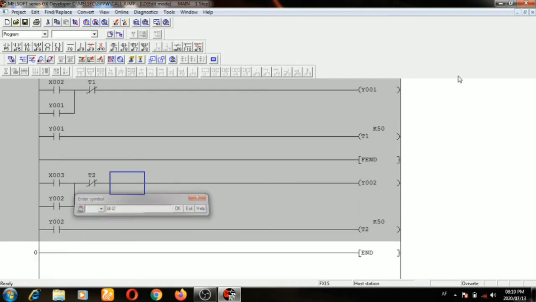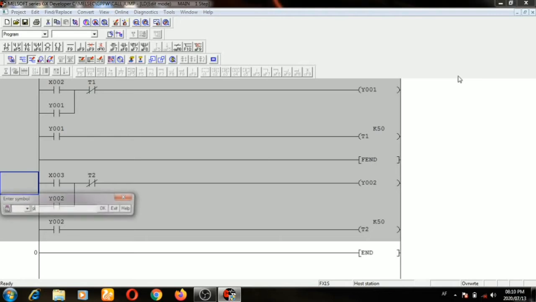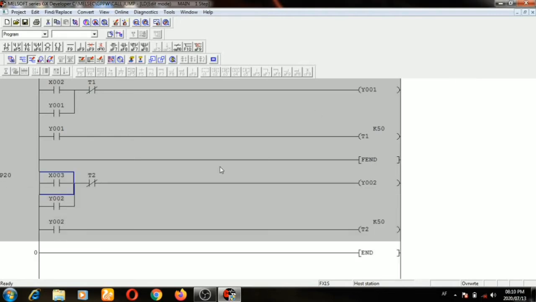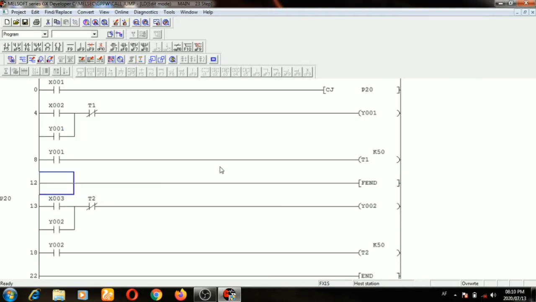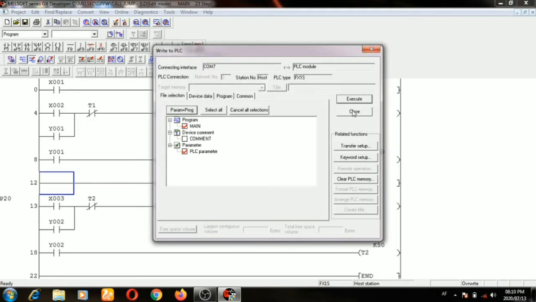I am going to write the address of this, P20. So P20 I can use here. I'm going to press this. Now I'm going to send this program to the PLC. The program is still going on.